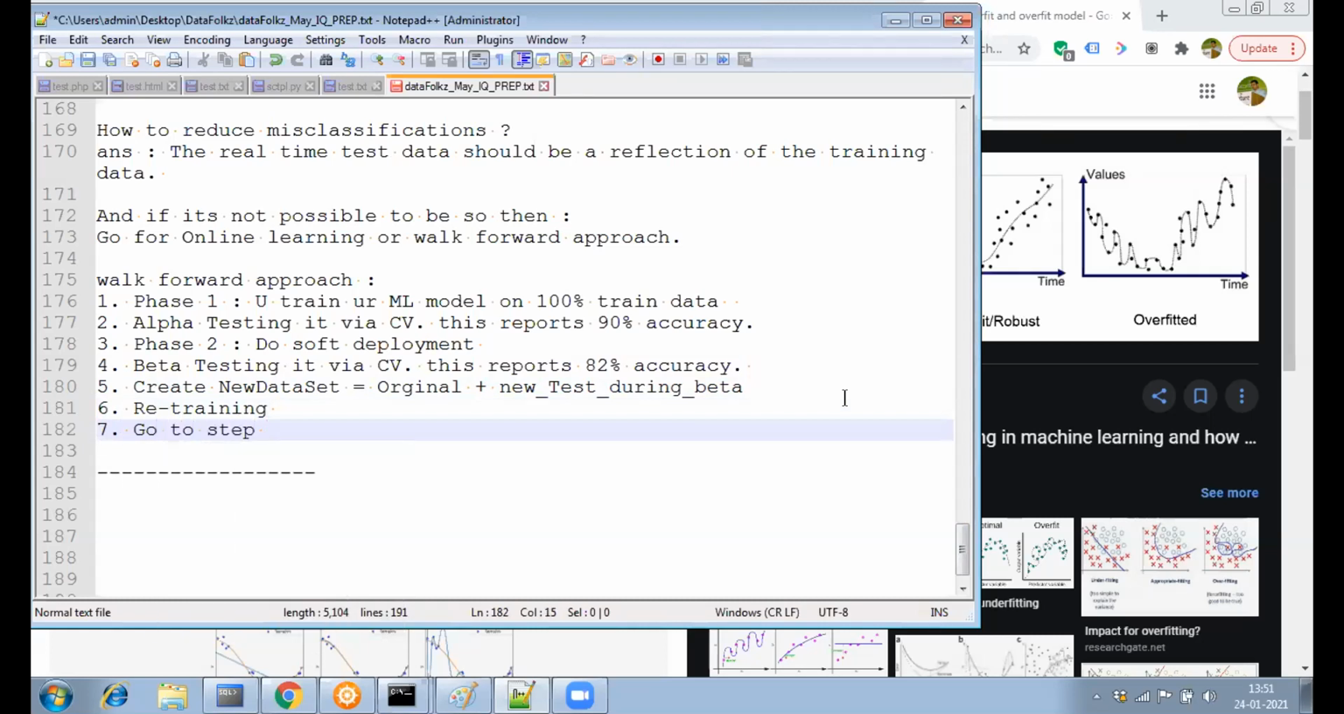Go to step 3. You again go back to step 3. So phase 2, वापस आओ. Yes, आपका old model will get replaced with the new model. Again, beta testing on real-time data. This will continue. When will this stop? Go to step 3 till, or I'll put it this way: repeat